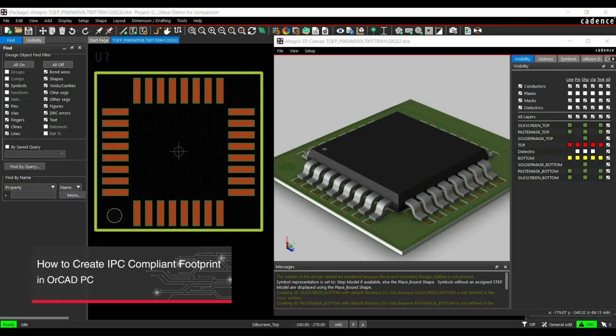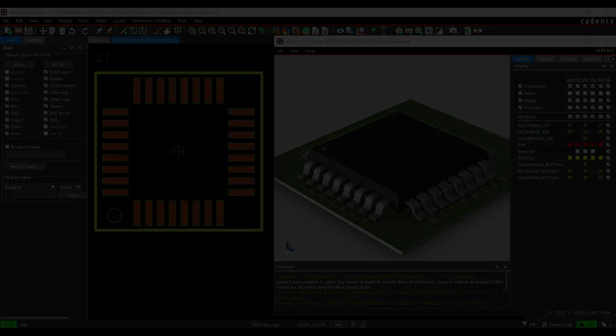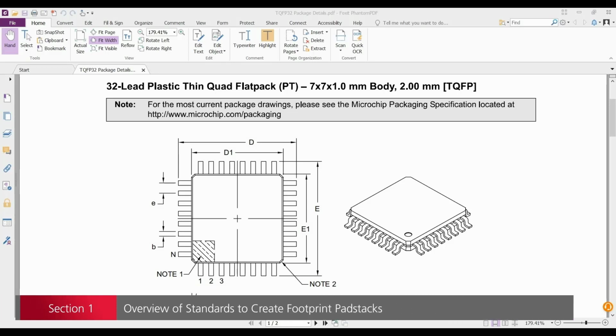For creating an IPC compliant footprint and its naming convention, we have to follow a few standards. In this video, I'll cover the application of IPC-2222-A and IPC-7251 standards while creating a land pattern for the TQFP-32 package. So let's get started. This is section 1, and here we will create a pad stack for TQFP-32 and save it